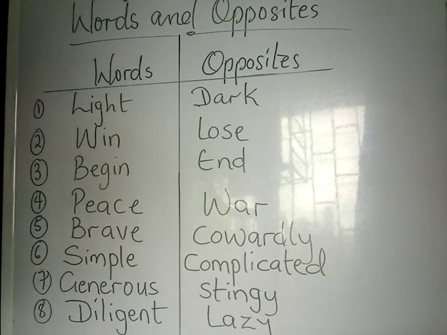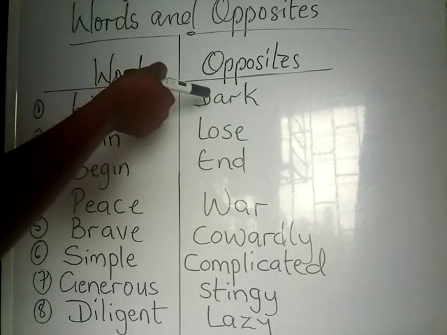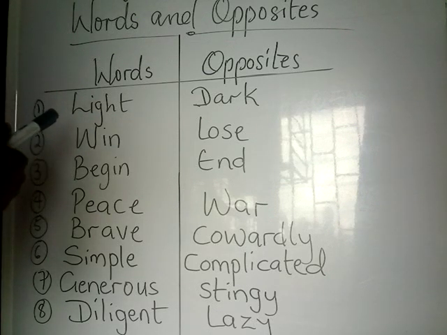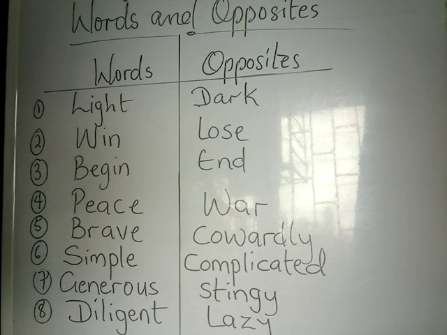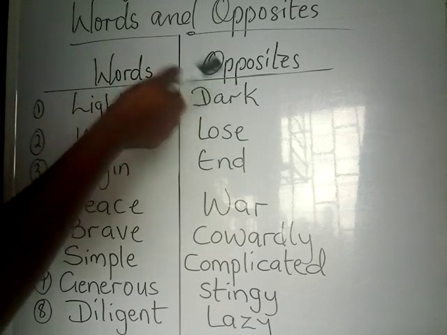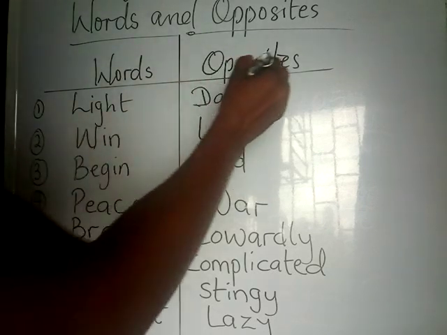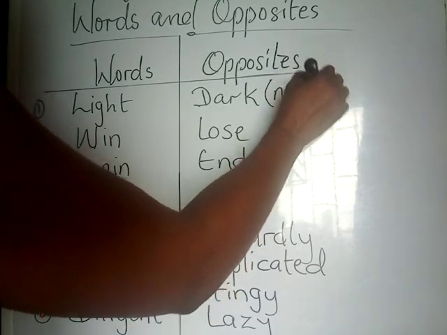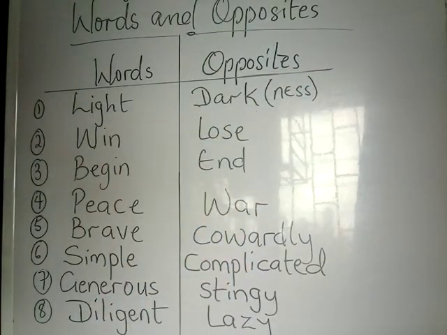The opposite of light is dark, or the light that is the noun, the opposite of it is darkness. So light or darkness, dark or darkness. Then the second word we have here is win, to win, and the opposite of win